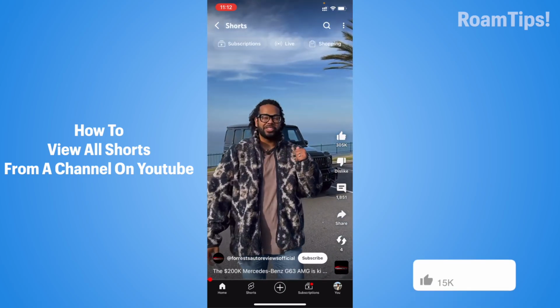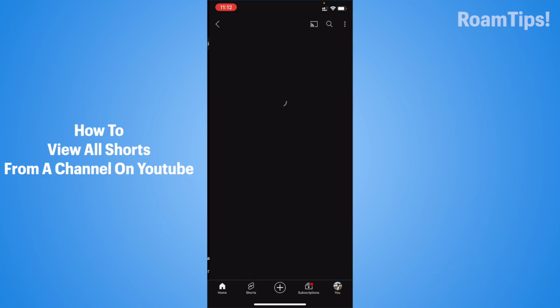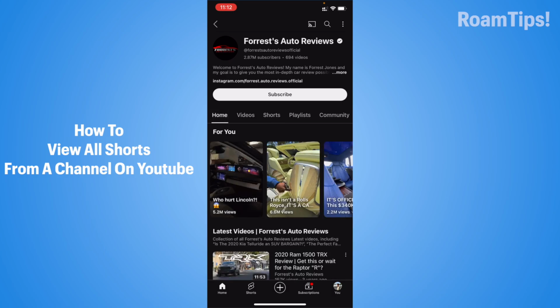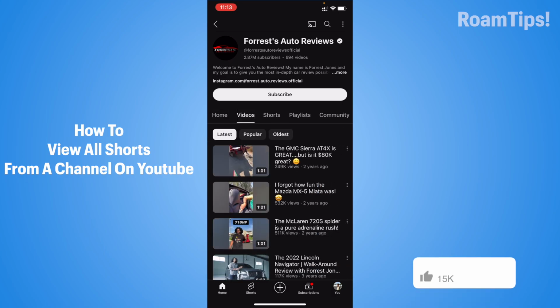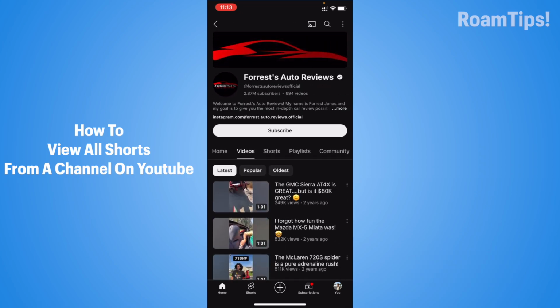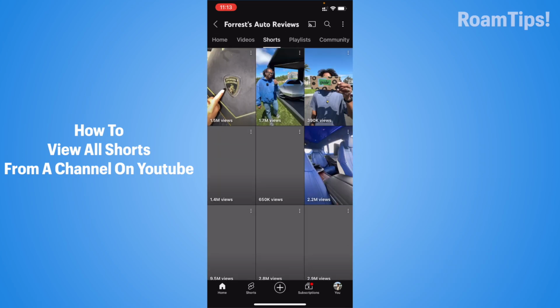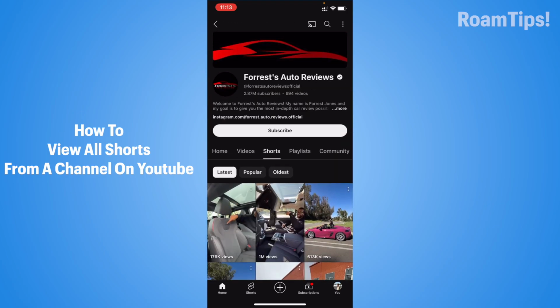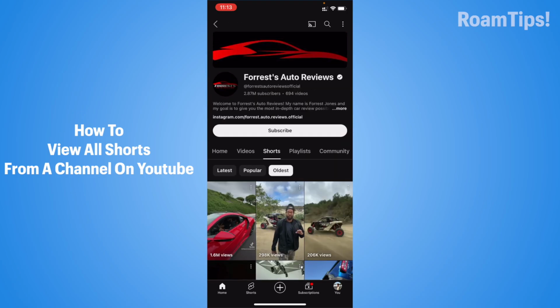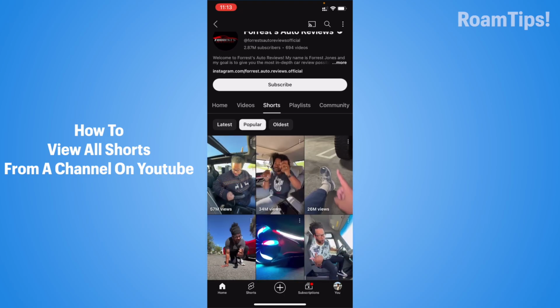Click on the left corner avatar profile or name profile. Click on it. And home, all long videos, this channel, and click on shorts, this all shorts channel, and latest, popular, oldest. Right, and click on popular,